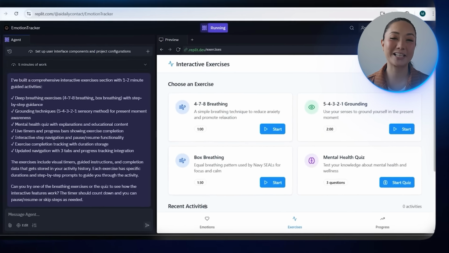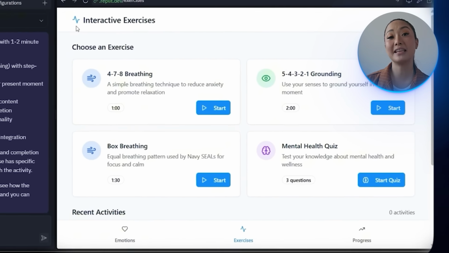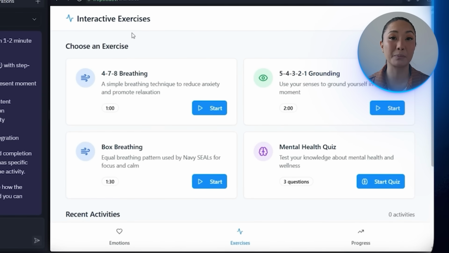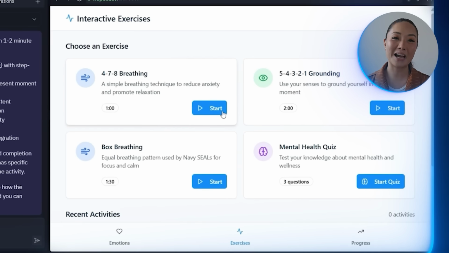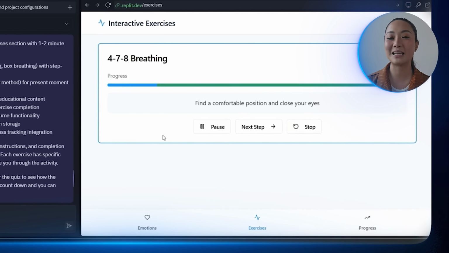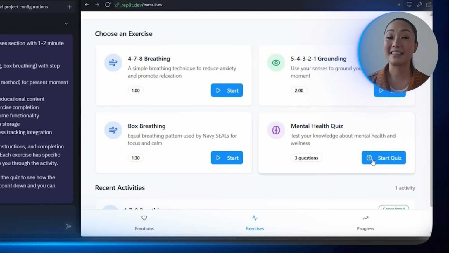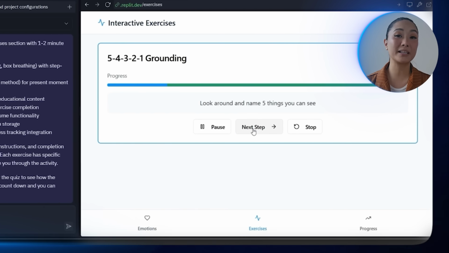The interactive exercises area includes 1 to 2 minute guided activities like deep breathing techniques, like 4-7-8 breathing and box breathing, with step-by-step guidance to walk users through each stage. There are live timers and visual progress bars that make it easy to follow along and see when the exercise is complete. The next section focuses on grounding techniques using the 5-4-3-2-1 sensory method, which helps bring attention to the